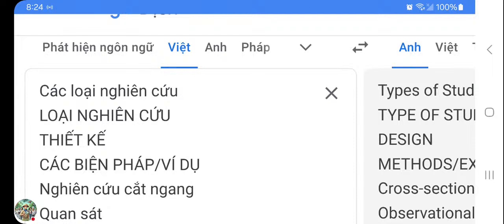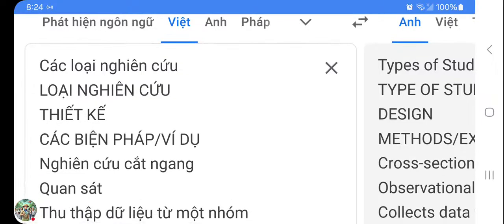Today I would like to share about types of studies. I live stream and share horizontally so it's easy to see. So now let's talk about the types of studies, their design and method. For example,